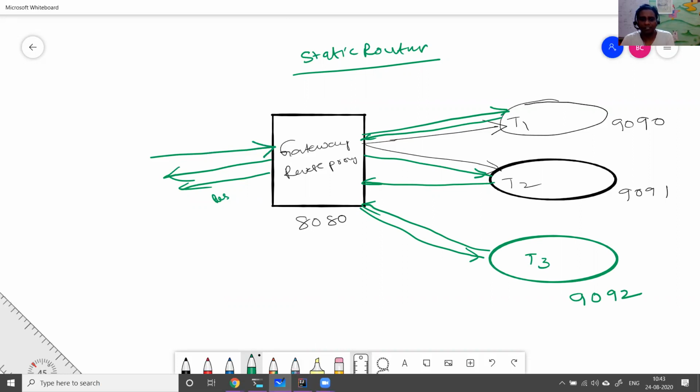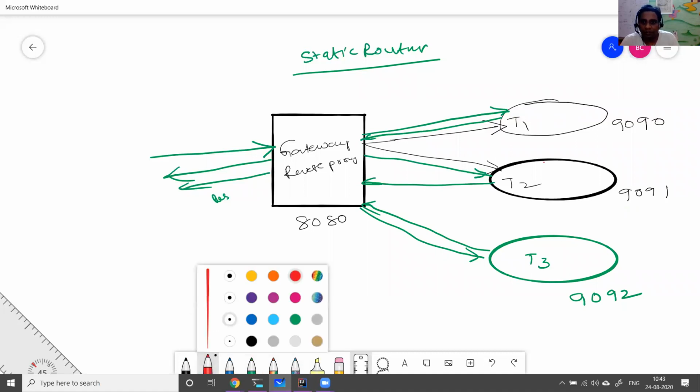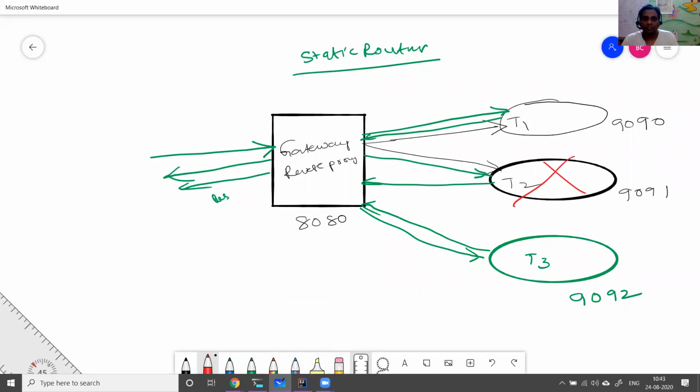If I spin up a new Tomcat, I need to make changes to the gateway and restart it, which is not the right pattern. One more thing: if for some reason a Tomcat is down, then the gateway shouldn't forward requests to it. Those were the very common problems which we see.